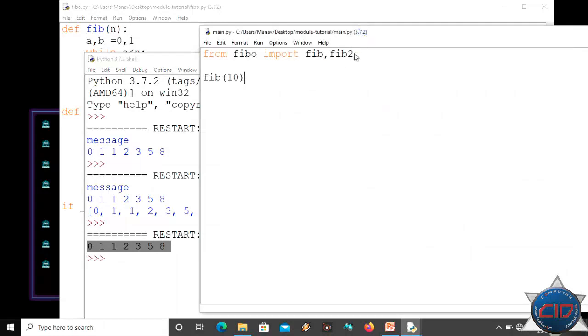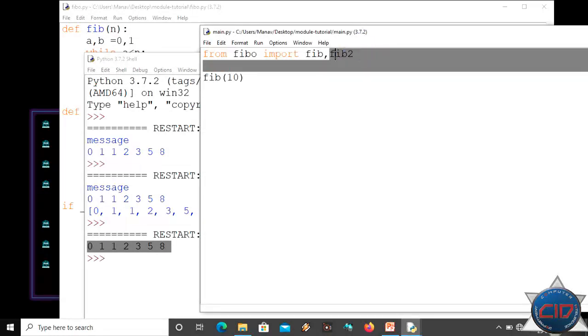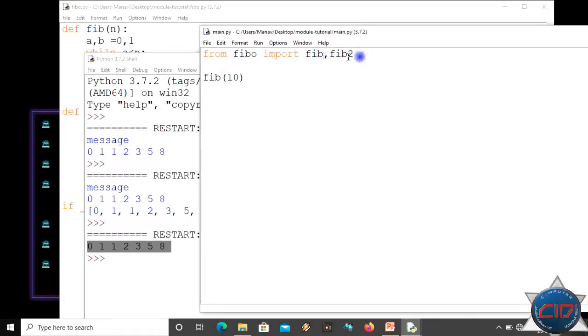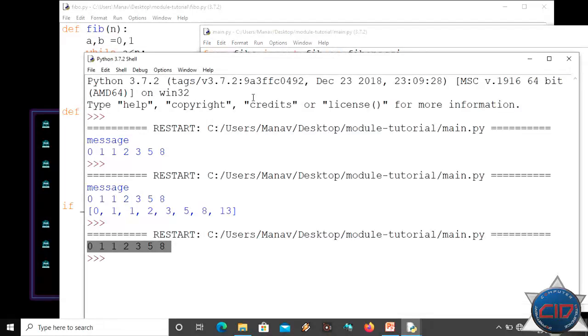Okay, that's it. We can also do this: suppose I'm just going to use fib but naming it as Fibonacci. Okay, I'm changing its name as Fibonacci, and here I will have to use Fibonacci instead of fib. So I will use here Fibonacci and let me pass here 10.